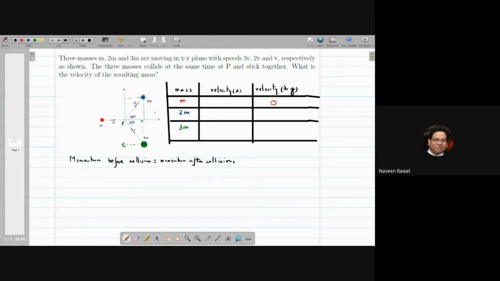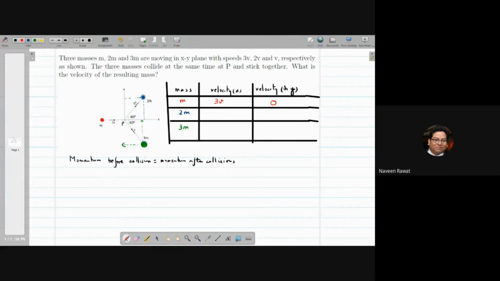All right, so let's consider the first mass, which is mass m. It is clearly in this xy plane, moving only in the x direction. Okay, and so the velocity in the x direction will be 3 times v. And the velocity for it in the y direction will be 0, because it is not moving in the y direction at all. Okay, and let's look at the second mass, which is this heavier mass, the blue one,